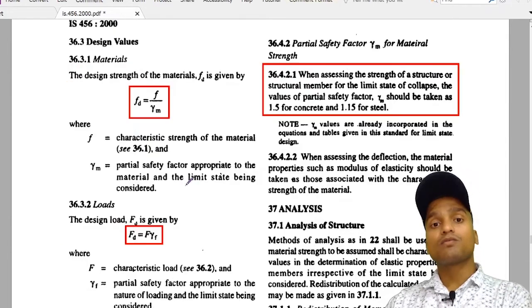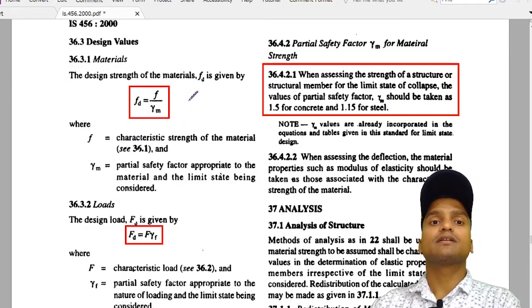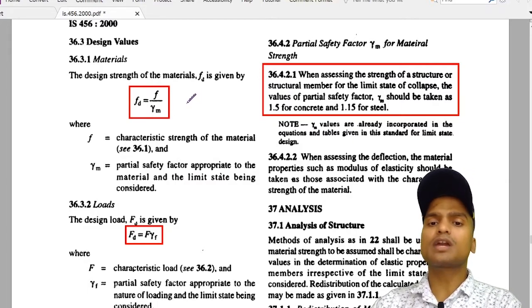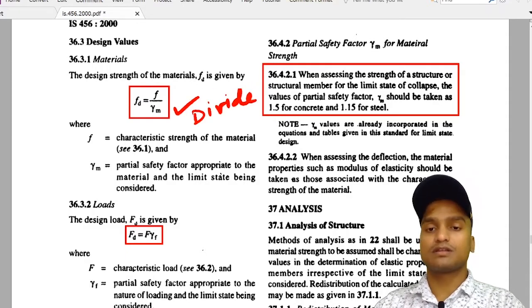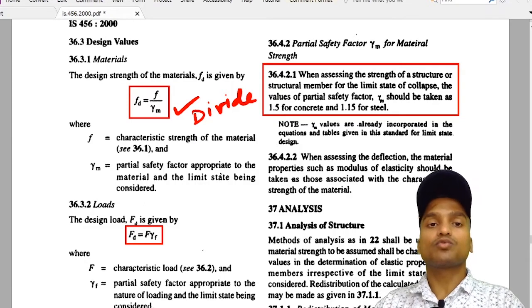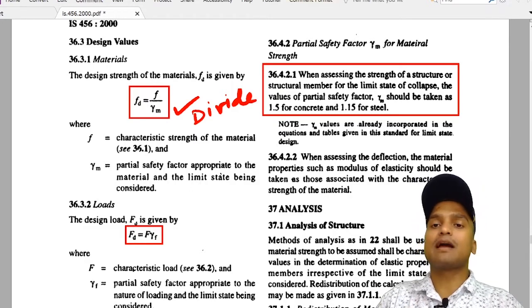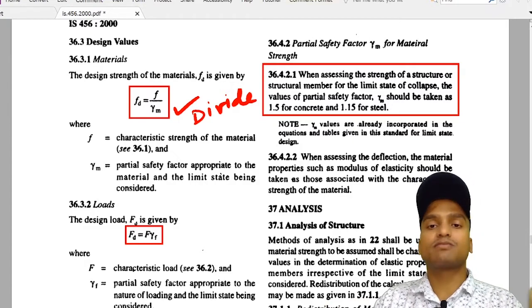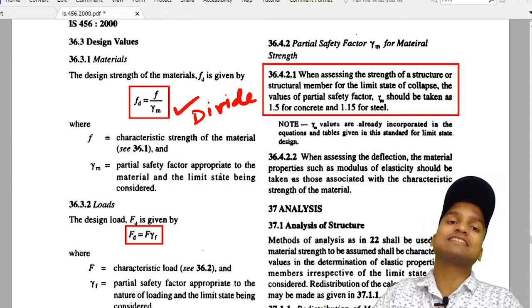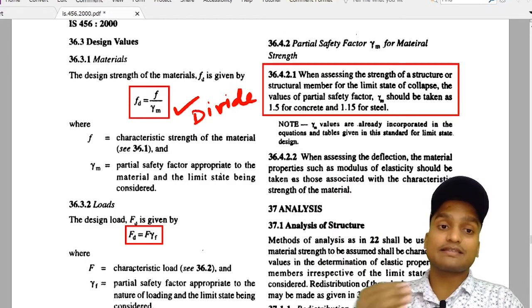Partial safety factor. One very important thing to be noted here is that when we calculate the design strength, तो क्या करते हैं? Characteristic strength से divide कर रहे हैं. Divide करने पे क्या होती है? Gamma m is more than 1. तो अगर आप किसी भी strength की वैल्यू को किसी क्वांटिटी मोर देन 1 से डिवाइड करते हैं तो वो क्या हो जाता है? और भी छोटी हो जाती है. मान लिया जाए आपके पास 150 kg का स्ट्रेंथ है और मैंने बोला 1.5 पार्शियल सेफ्टी फैक्टर लगाओ, तो आप बताओगे कि अब मेरी स्ट्रेंथ 100 kg की है. आप समझ रहे हैं? तो design strength is even less than the characteristic strength,